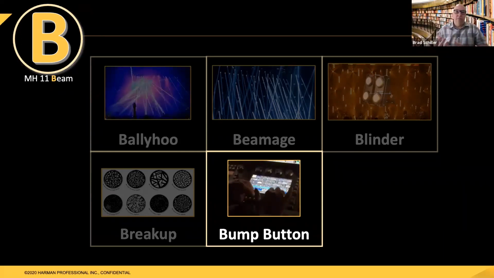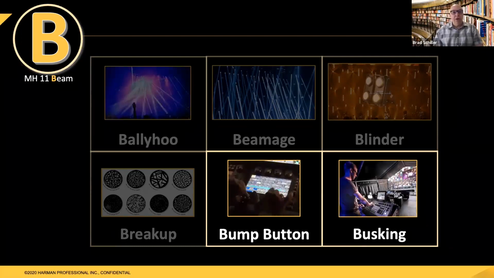So for example, with a bump button, you could have intensity. Originally, it was to bump intensity to 100%. You could bump the intensity by hitting that button, and no matter what the fader was at, when you hit the bump button, intensity would go to 100%. You let go of that bump button, it'll go back to the value of the fader. Nowadays on automated lighting consoles, we can assign anything to a bump button. So you can assign color so that when you hit the bump button, all the lights turn blue, and when you let go, they go back to whatever color they were previously. And bump buttons are a lot of fun to play and to assign on lighting consoles.